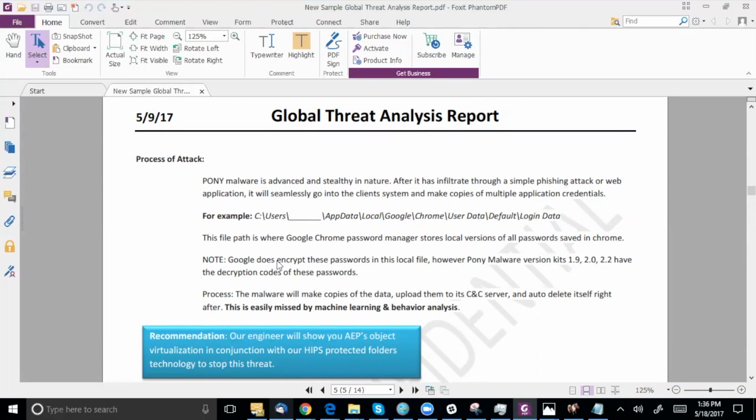Now, Google Chrome's password manager stores everything in the cloud. So there's a variation of all these passwords that are stored in the cloud, but then it pushes down localized copies onto the desktop itself. I'm going to show you what that would look like. So before I became privy to all this, I used to store my passwords inside of Google Chrome. Most users do. And in fact, Chrome users out there, 99% of them are using the password manager